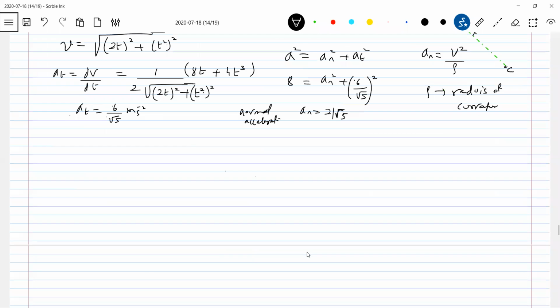Now, one more thing. If a particle moves in a curvilinear path, this is the best description I'm going to give regarding the best conclusion you can see. It will be like this. So when the particle is here, take the example where the speed of the particle continuously increases.